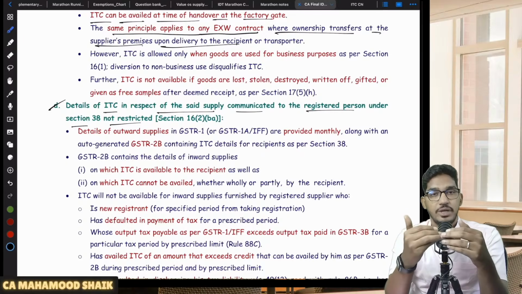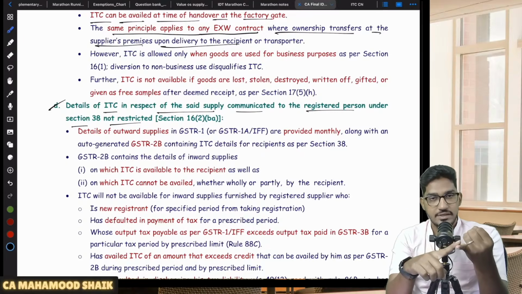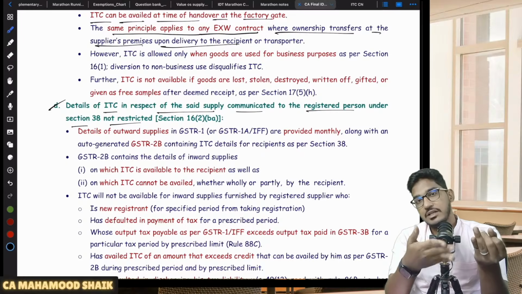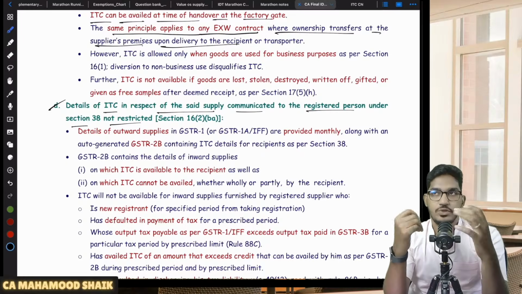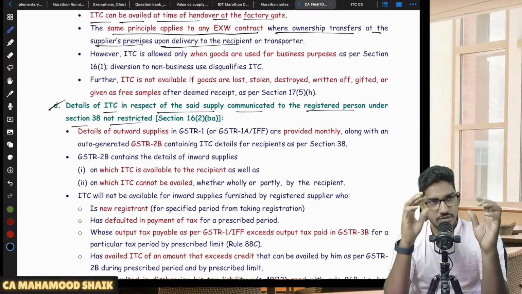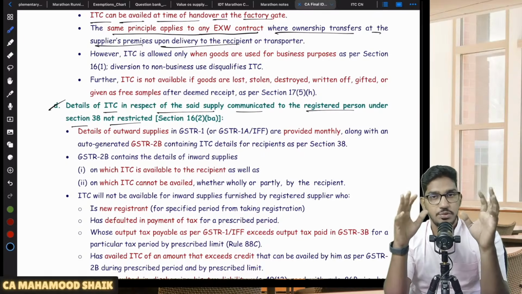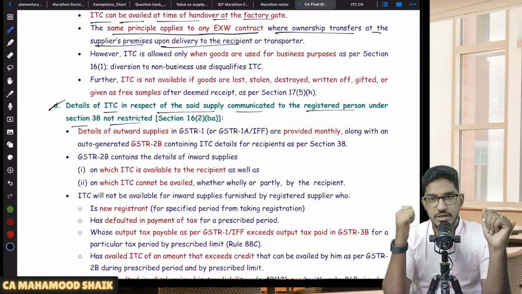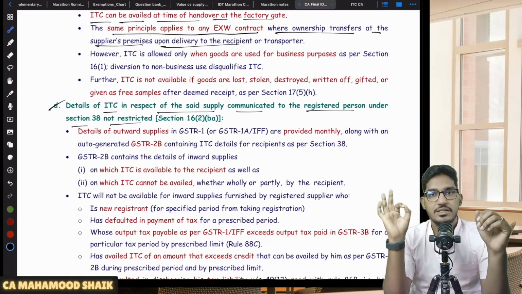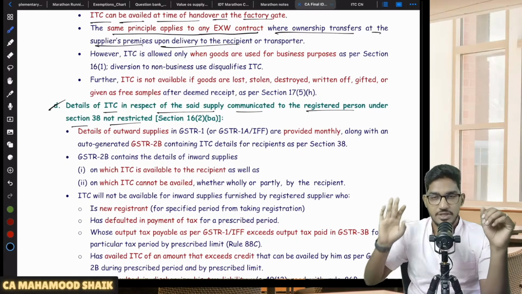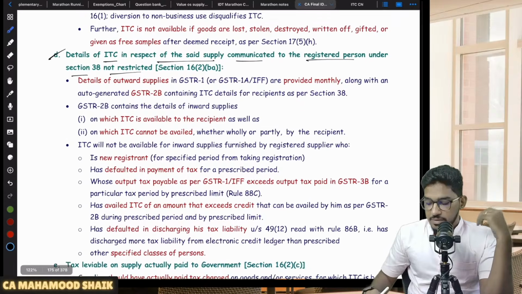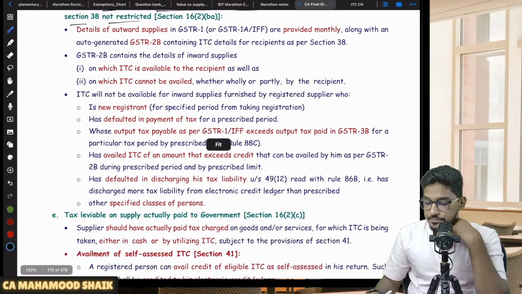So in order to claim input tax credit, whatever ITC is there should be shown in your GSTR 2B, but that should be in the available category. It should not be in the non-available category. In our regular class, I have shown you practically what ITC available, not available and ITC reversal are, and how GSTR 2B will practically look. All these things we have seen. But here, if I have to give you a one line summary, ITC whatever is available should not have been restricted. So generally, when will ITC be restricted, sir?